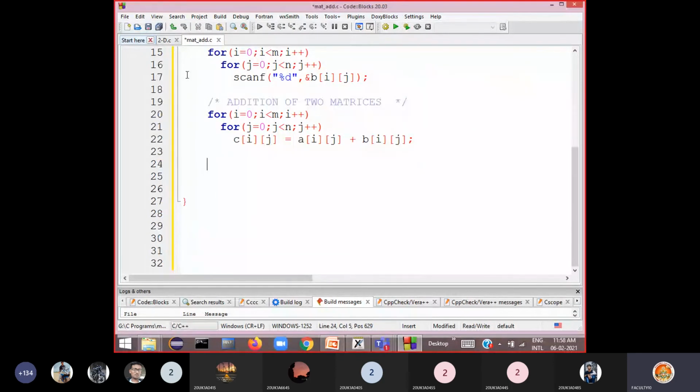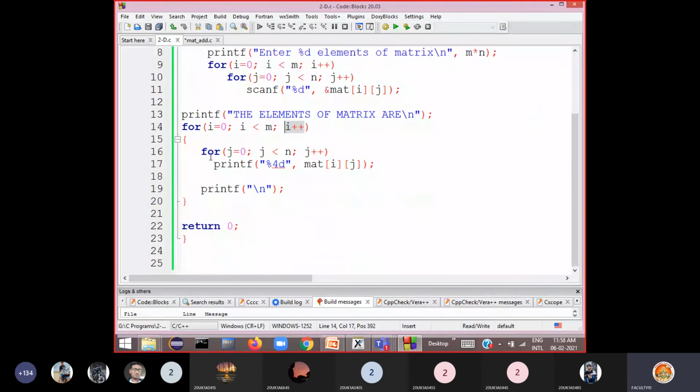So you know the code how to print the matrix. If you print the C matrix, then that gives the result. This is the code for printing the matrix, which you already know, so I am copy pasting here.